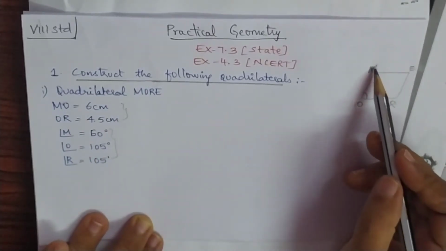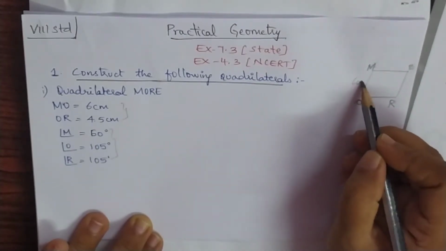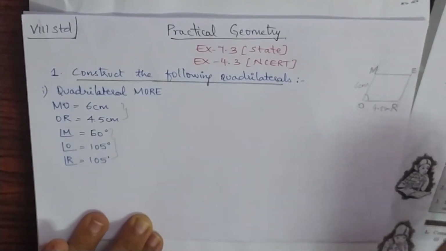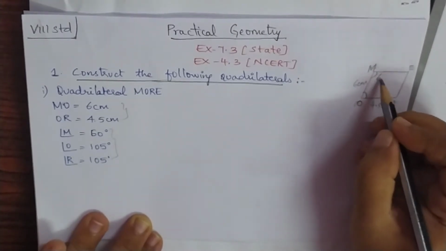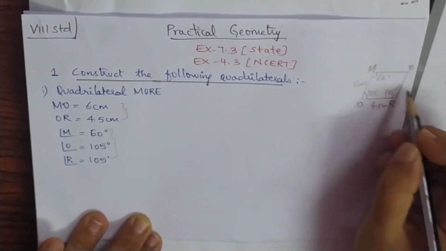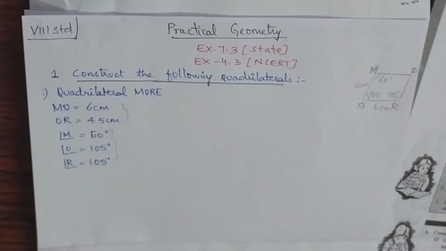So let us draw a rough diagram, MORE. So MO is 6 centimeter, OR is 4.5 centimeter. Angle M is 60 degree, angle O is 105 degree, angle R is 105 degree, and we don't know what is angle E. Let's start